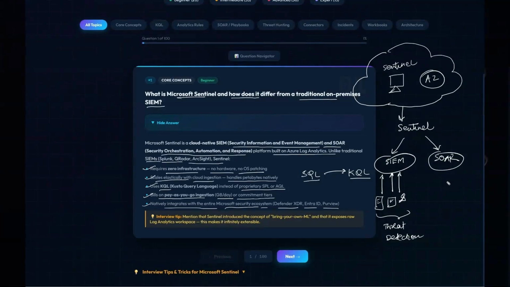This means it doesn't just detect the threat, it can also automate actions like automatically blocking the IP or isolating the machine and sending notification alerts, etc. The important part is that everything is cloud native,